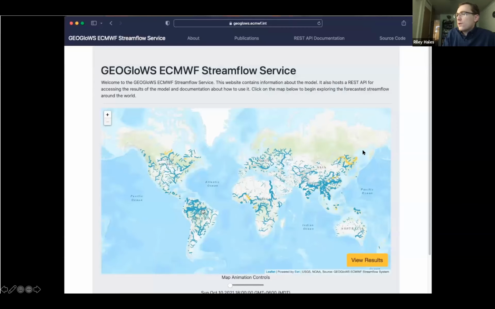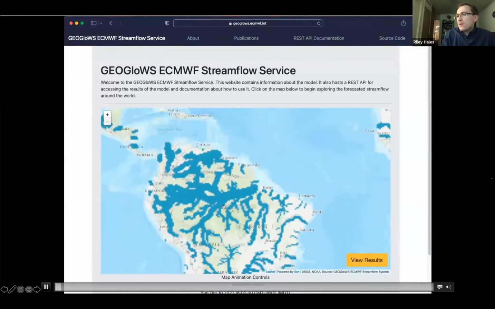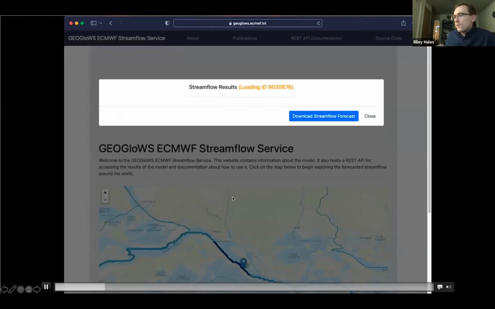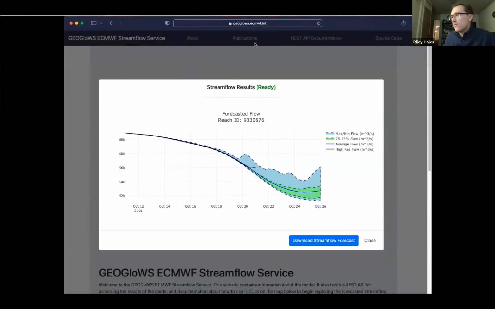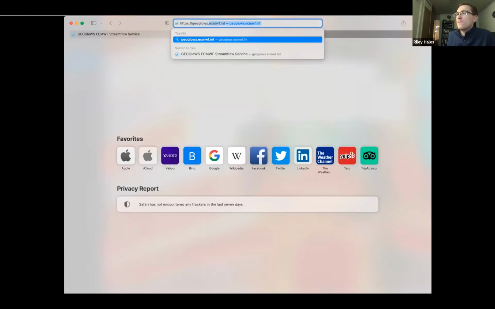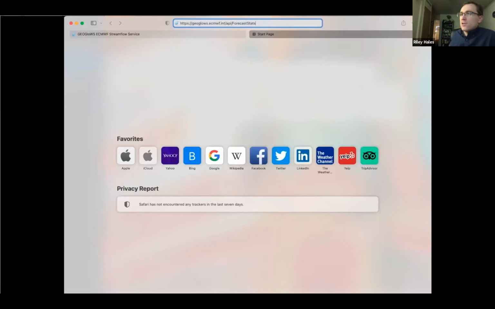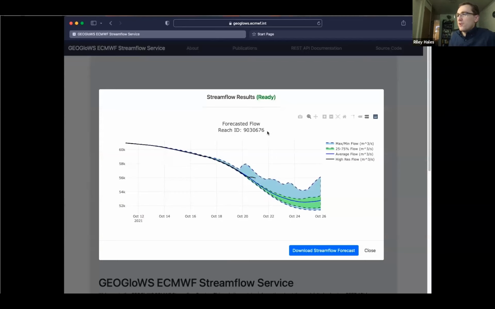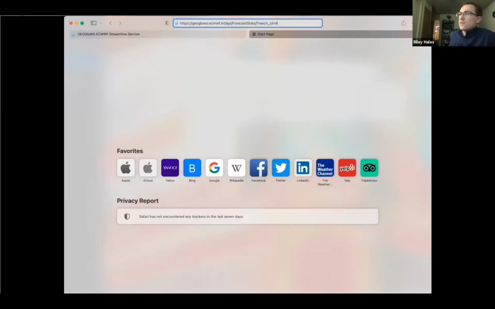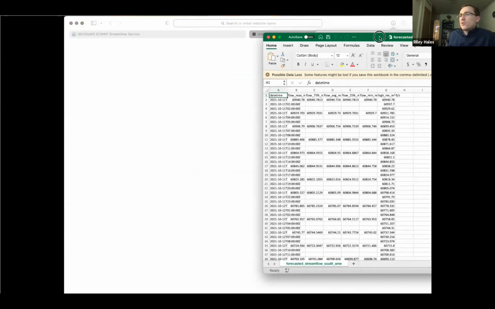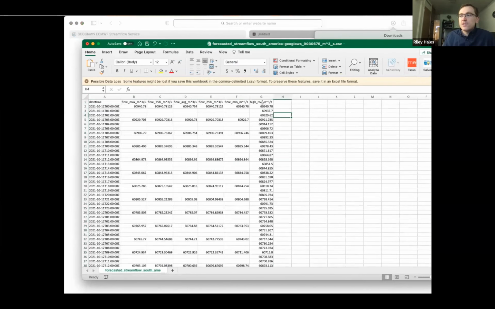I'd like to show a quick video of how this works also. So this is demonstrating the web app also. First, we zoom in, find a river segment we're interested in, and can view the graph. But to demonstrate using that same pattern I just had on the slides, we'll go to a new tab, type in the pattern, get the identifier number for that reach segment, and fill that into our URL bar. And what we get back is a CSV of streamflow for just the stream segment that you're interested in. And this is really useful because it enables a lot of web applications, more targeted analysis without needing to download huge data sets and process them for your specific need.